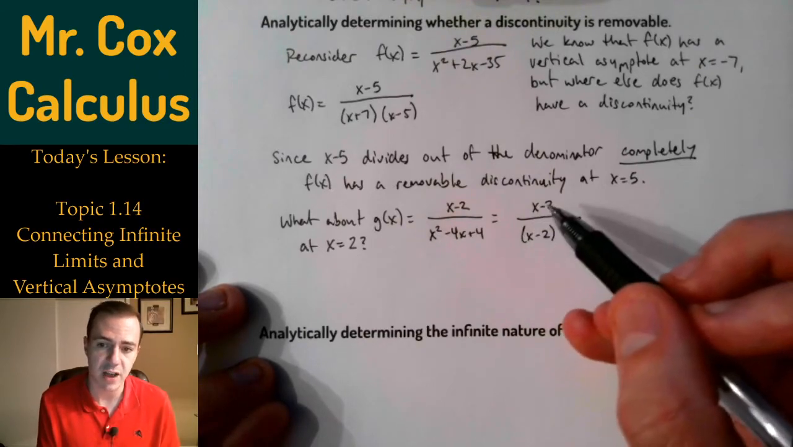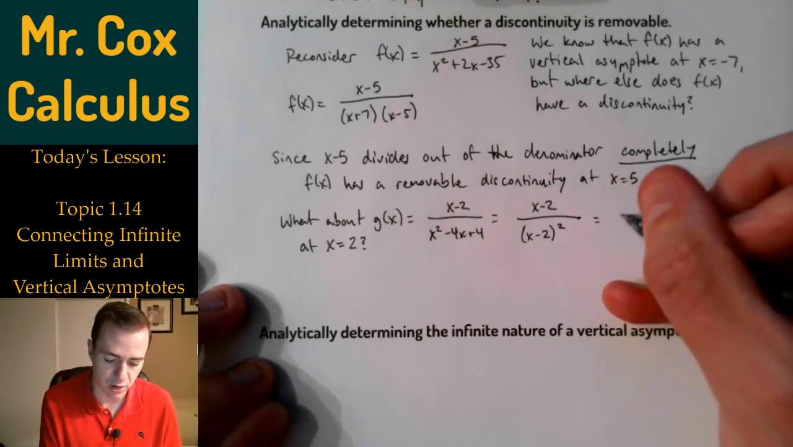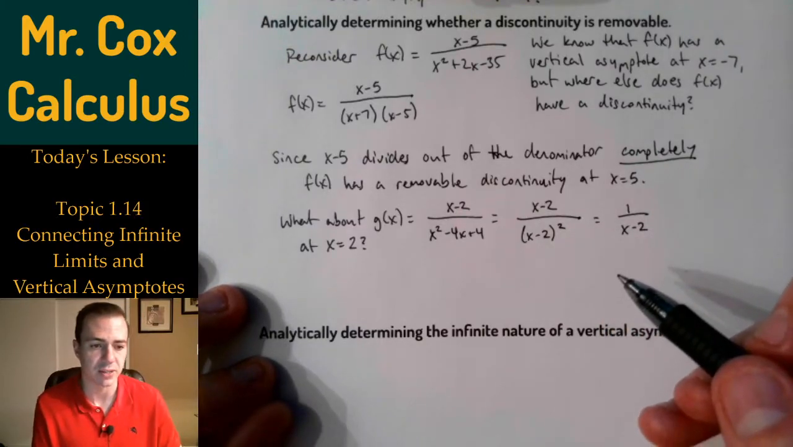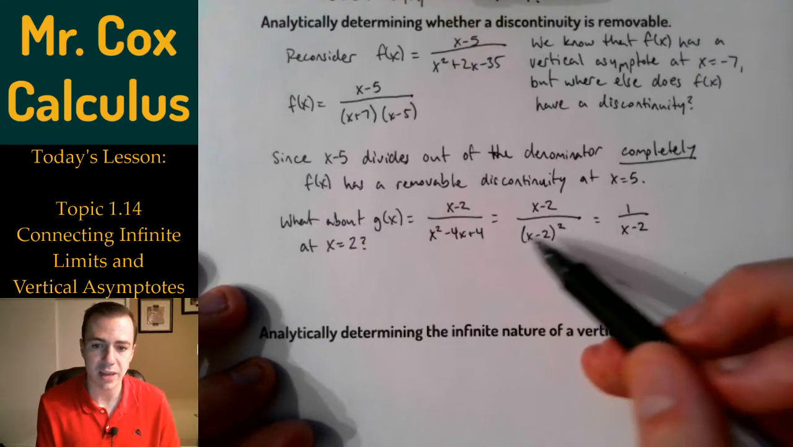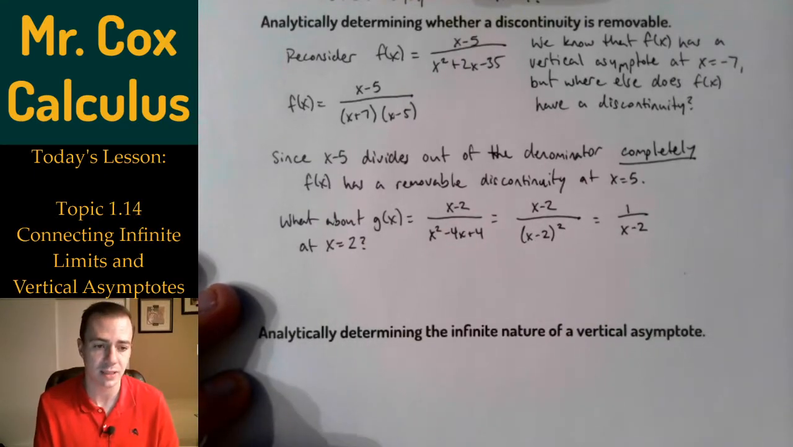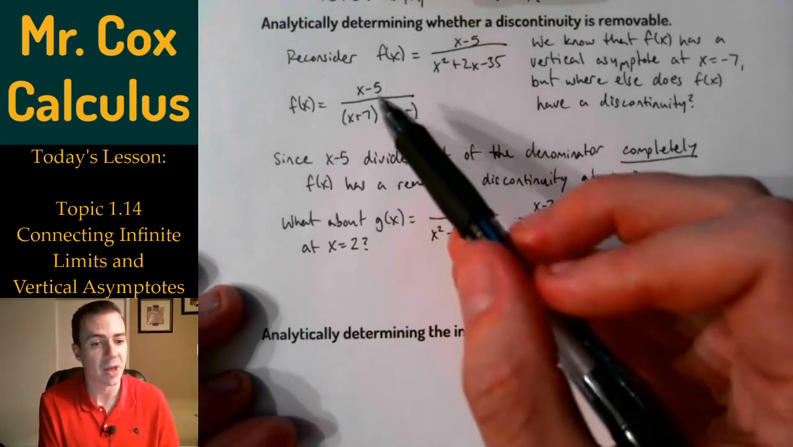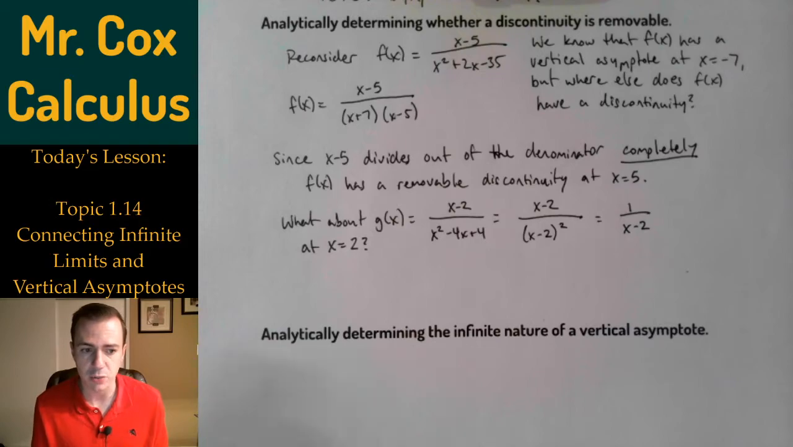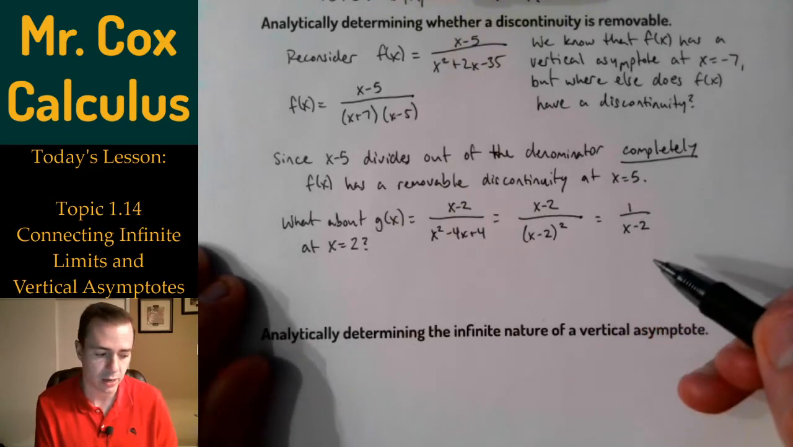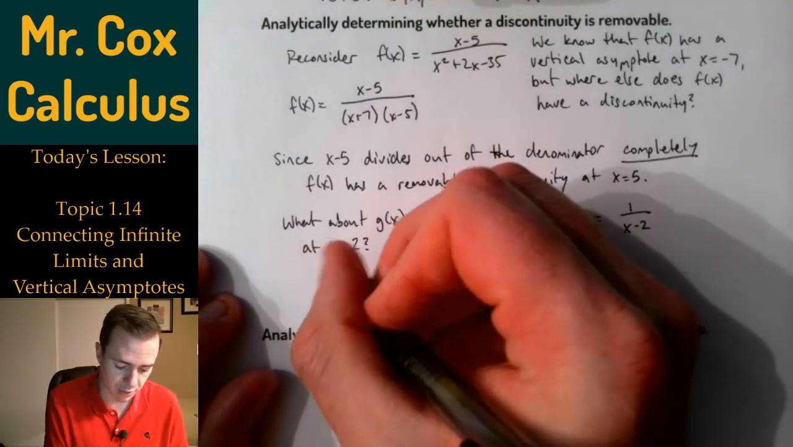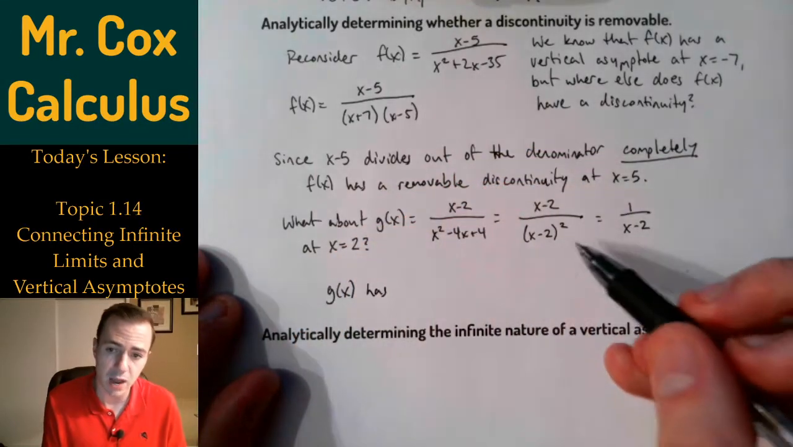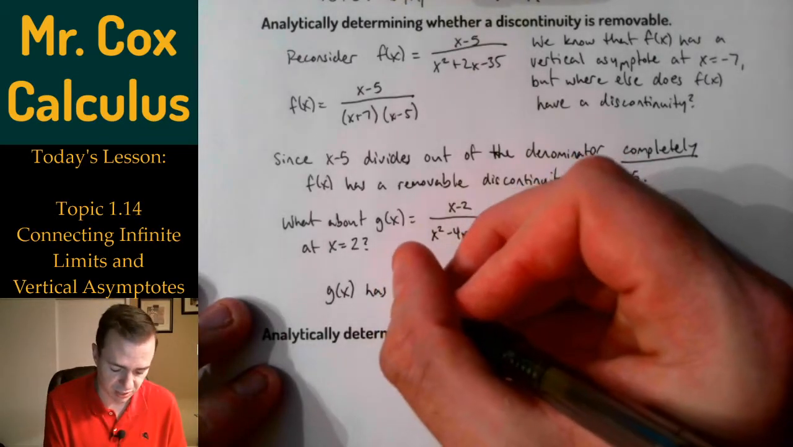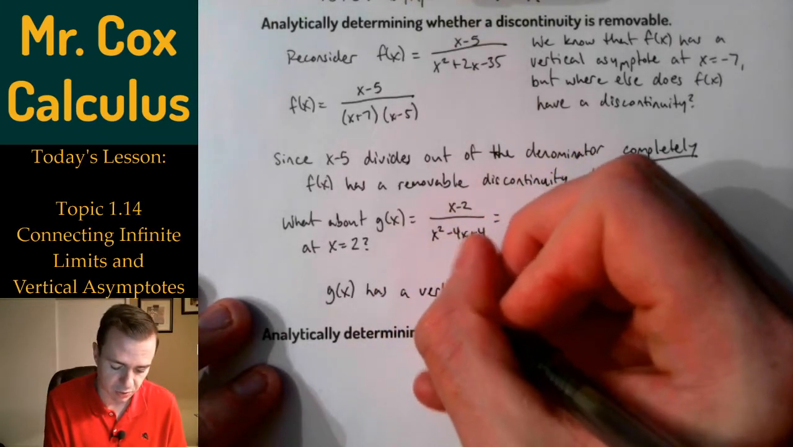Well, now if I divide off this x minus 2, I can rewrite it and look at it as the function that it behaves like, 1 over x minus 2. But because this x minus 2 didn't divide out completely in the denominator, the way that x minus 5 did up here, I still had an x minus 2 left. If I were to try direct substitution again, I get 1 over 0. And so I can say g of x, even though we got one of the x minus 2's to divide out, it didn't divide out completely, so g of x has a vertical asymptote